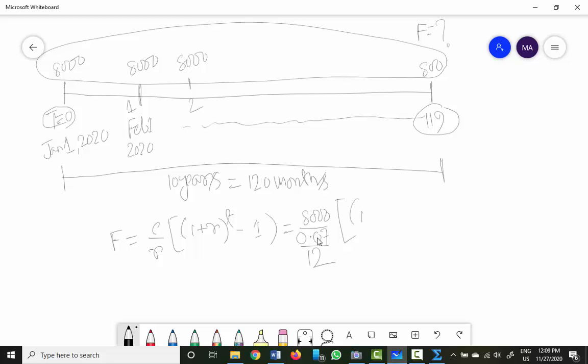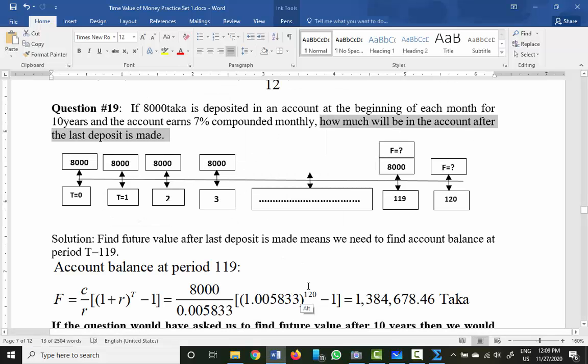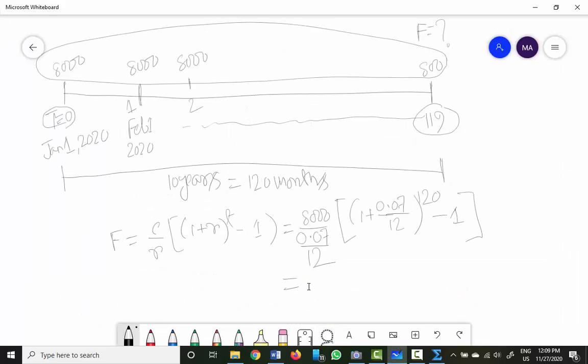So here we will have 1 plus 0.07 divided by 12, power 120 periods, minus 1. Let me calculate it. So 8,000 divided by, again we need to get a fraction in the lower part of the fraction, divided by 12, and 1 plus